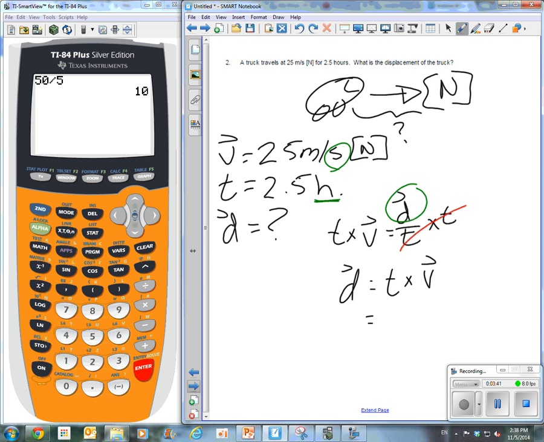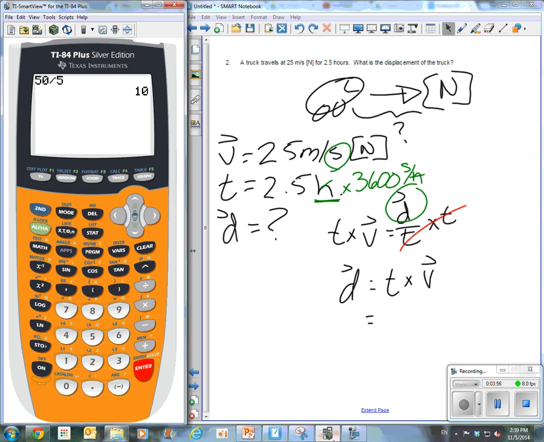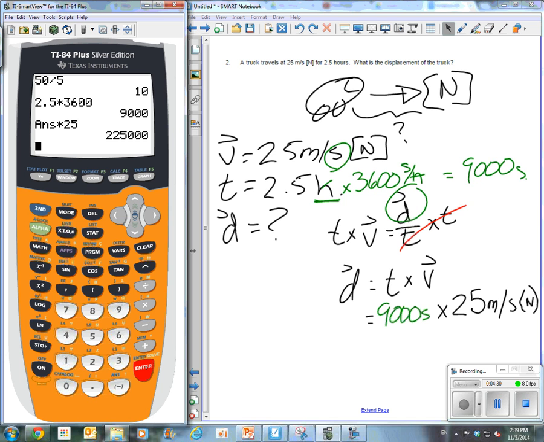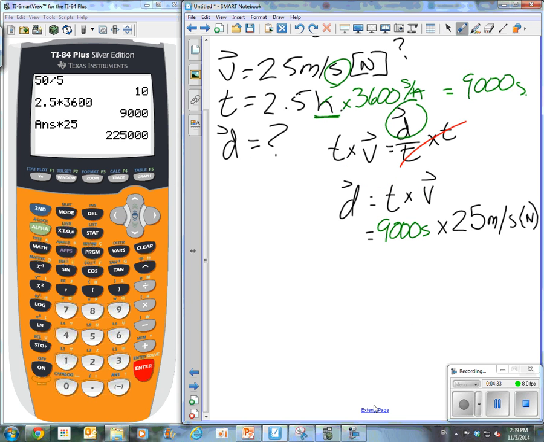So what I'm going to do is turn my hours into seconds, because to me that makes the most sense. In order to do so, I'm going to multiply by 3,600, because that's how many seconds per hour. The hours cancel out. That tells me how many seconds that I have. So here we go, 2.5 multiplied by 3,600, and I get 9,000 seconds. So I'm going to now take that 9,000 seconds and multiply it by 25 meters per second, and this is north. Okay, so times by 25 meters per second,